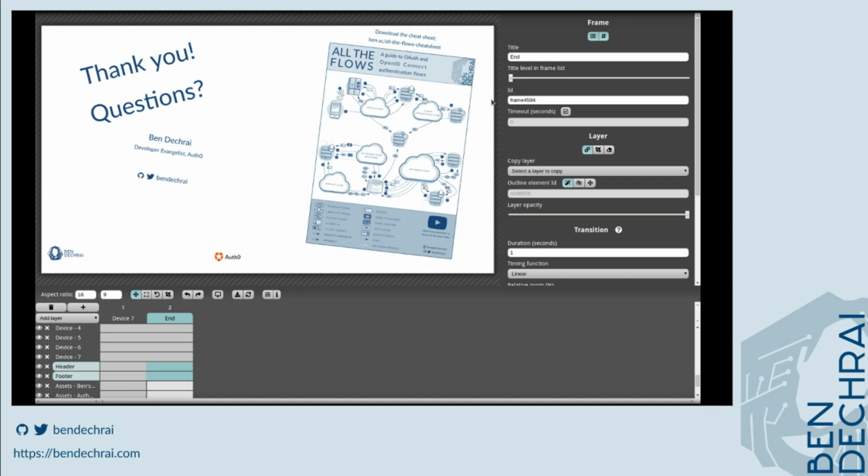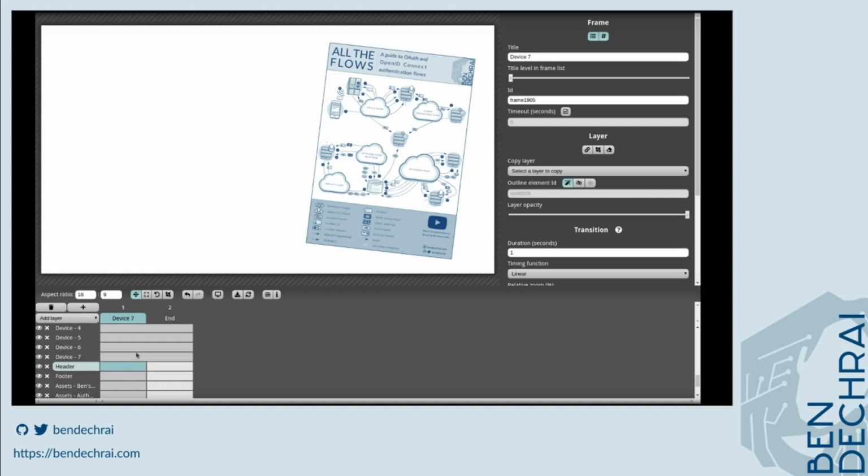I'm just hitting Ctrl-Z there to undo my last move, so I'm just moving them around to make sure I've got the right element selected. I'm then going to unlink them from the previous, and now I'm going to select the way I want it to look in device 7. So header I'm going to move up, footer I'm going to move down,